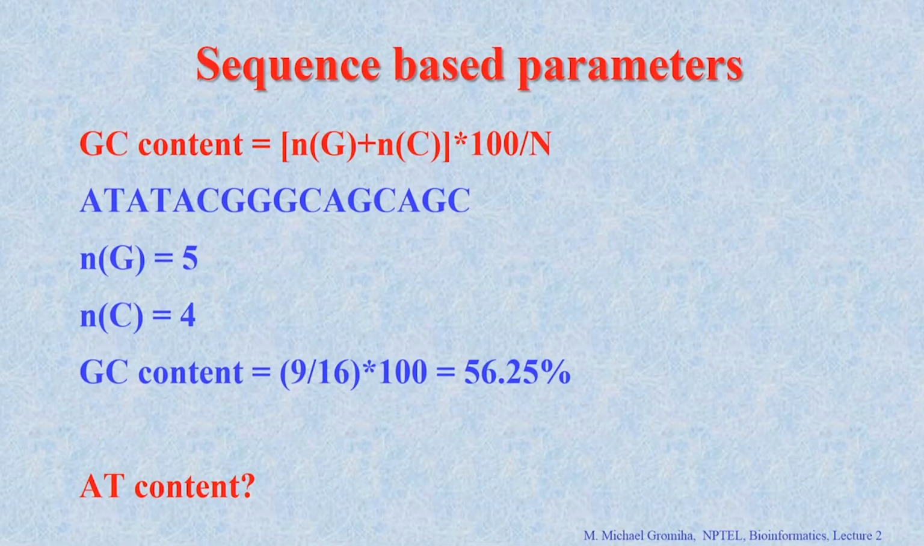I will explain a few examples now. If you have a sequence, for example, this is a sequence: ATA, TAC, GGG, CAG, GAGC. So, this is an example. What is the AT content or the GC content? Because this is